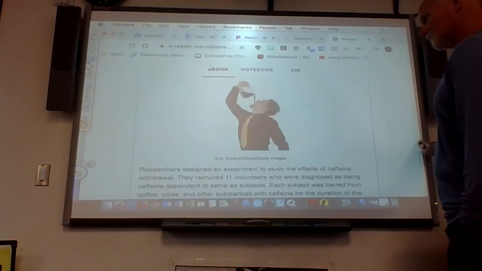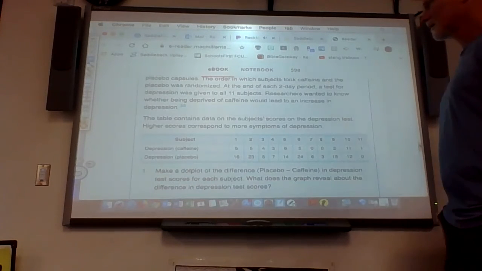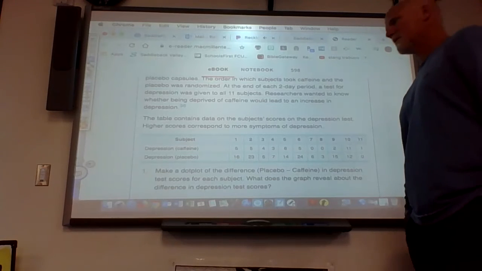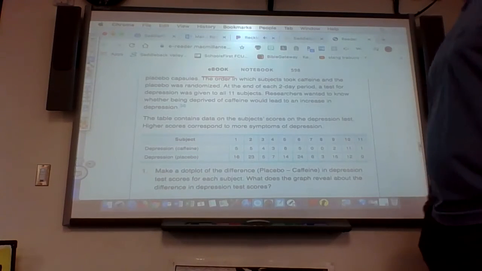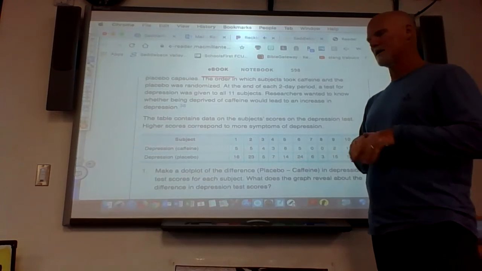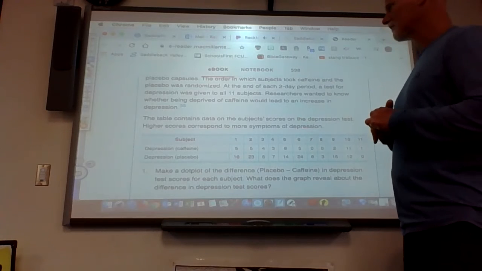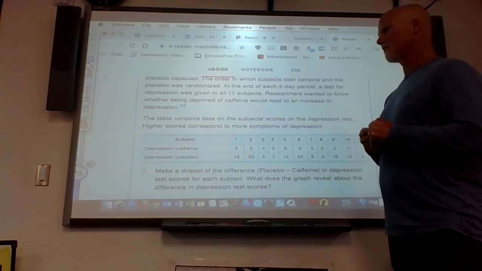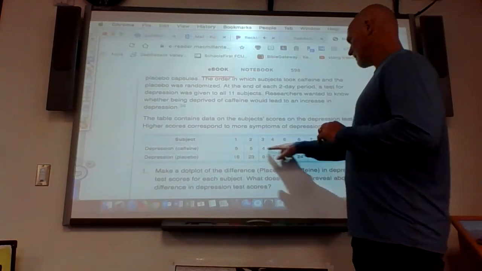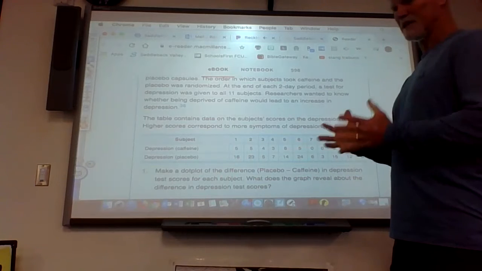Okay, one last question here, for example. So here is a problem where there was an experiment designed for testing depression from caffeine withdrawals. So they had these 11 subjects, and they were limited to not have any caffeine for 2 days, and then they were given a caffeine pill, and then they recorded what their depression state was, and then did the same thing at another time,